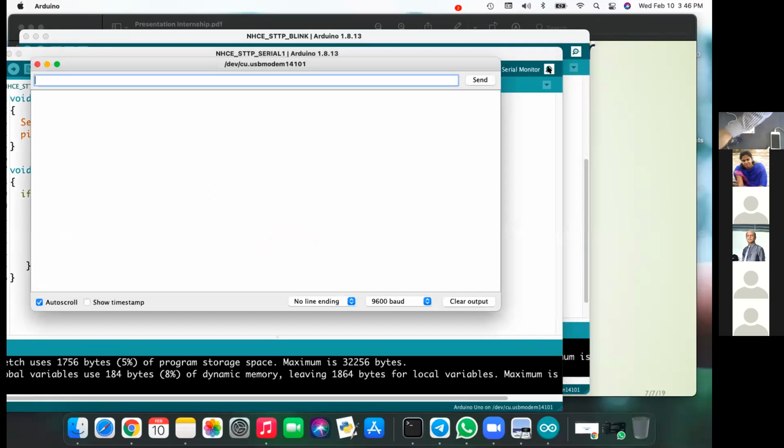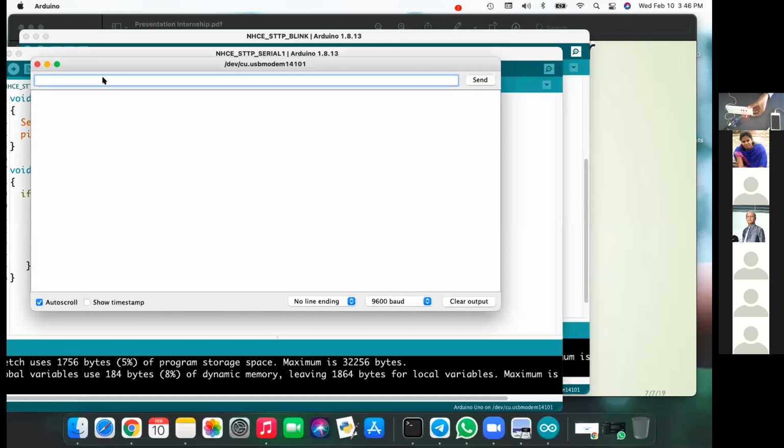So I'm opening the serial monitor. Okay, so my baud rate. Are you able to see my camera? Camera is connected here. My camera shows that my red LED is not glowing. Now what I'm doing, I'm sending one here. I'm typing one and I click on the send button. Now you can see here, my red LED is on. Okay, so you can see my red LED is on.